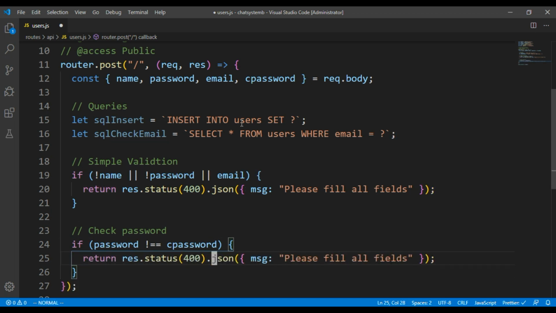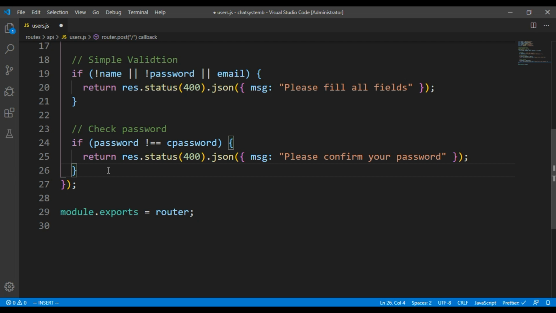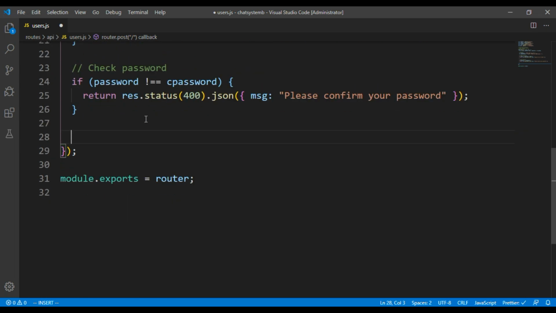We have to say please confirm your passwords. So once we are done passing whether these things are true, that means we don't have any error. Then we have to check for an existing